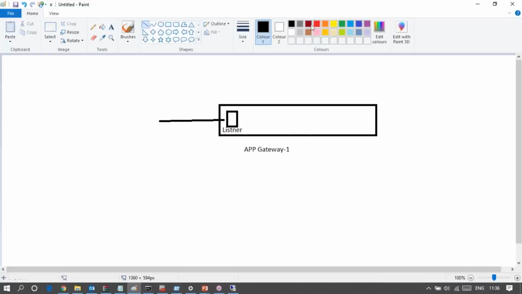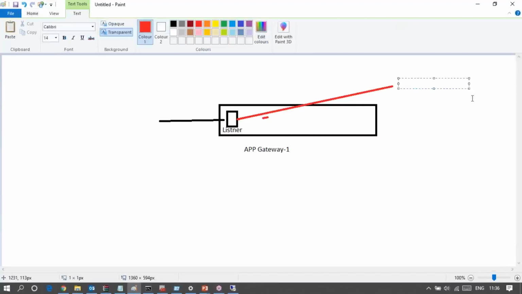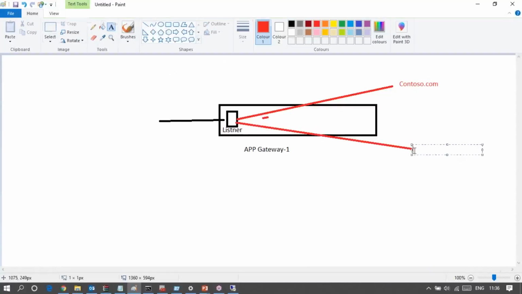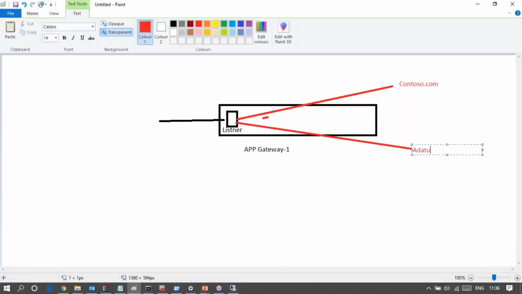So maybe you have multiple backend pools. Let's say one backend pool is for Contoso, the typical Microsoft name, contoso.com. That is one site you have added. You have added another site, like adatum.com.